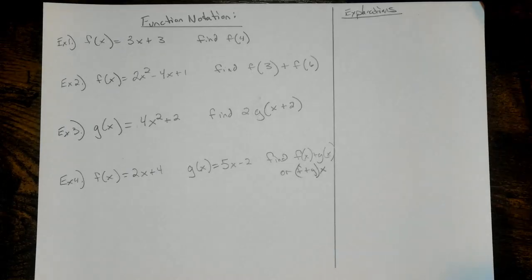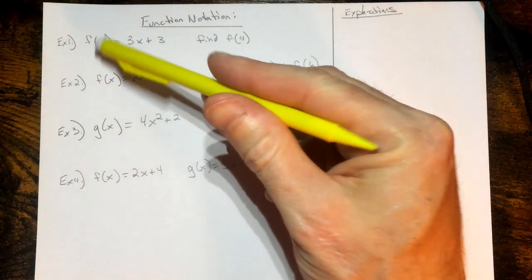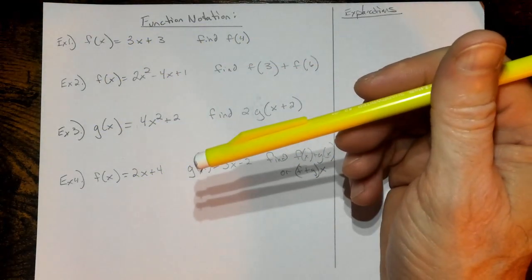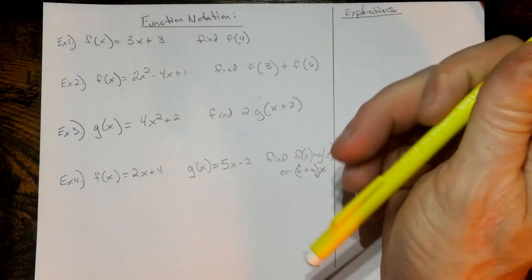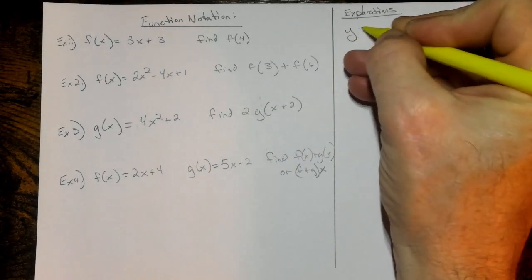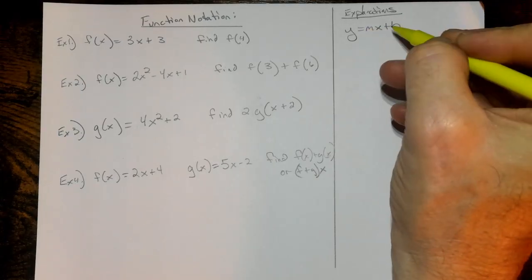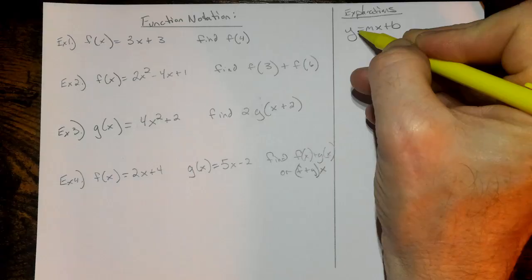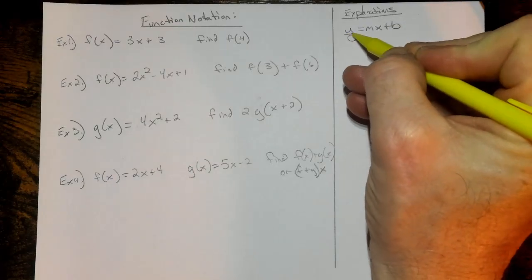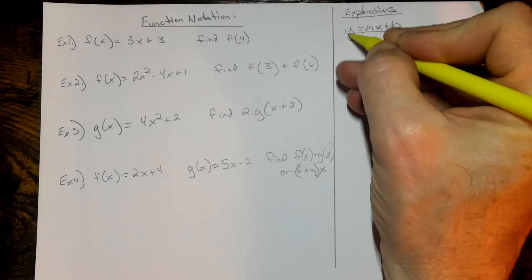Okay, so let's look at function notation and explanation. So we have this f of x, g of x. Really, function notation is, if we go back to linear functions, right? We have this y equals mx plus b. You probably learned this in pre-algebra and learned about functions in pre-algebra, but if we kind of look at this